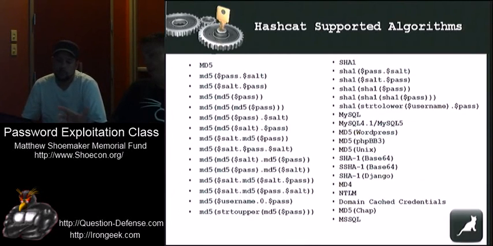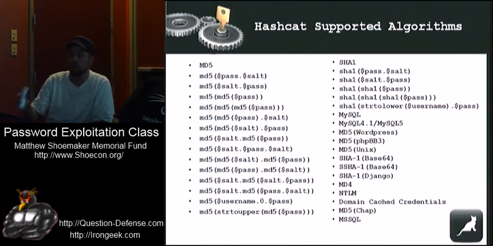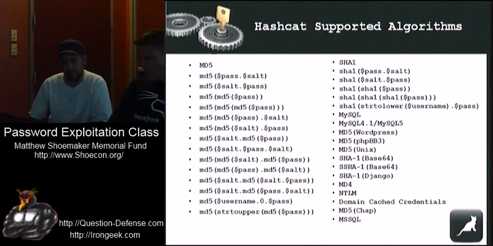So I'm not going to go over all these, but obviously Hashcat supports a ton of algorithms. These are all the different types of passwords that Hashcat can crack, which equates to thousands of applications. So, PHP, VB, all sorts of stuff. Now I put up SHA-256 and SHA-512. What is one of those equivalent to SHA-512?